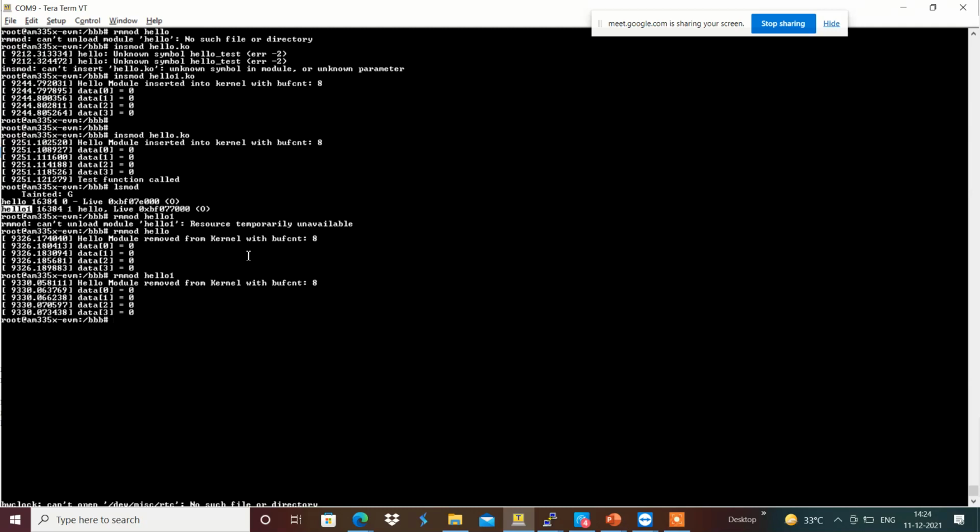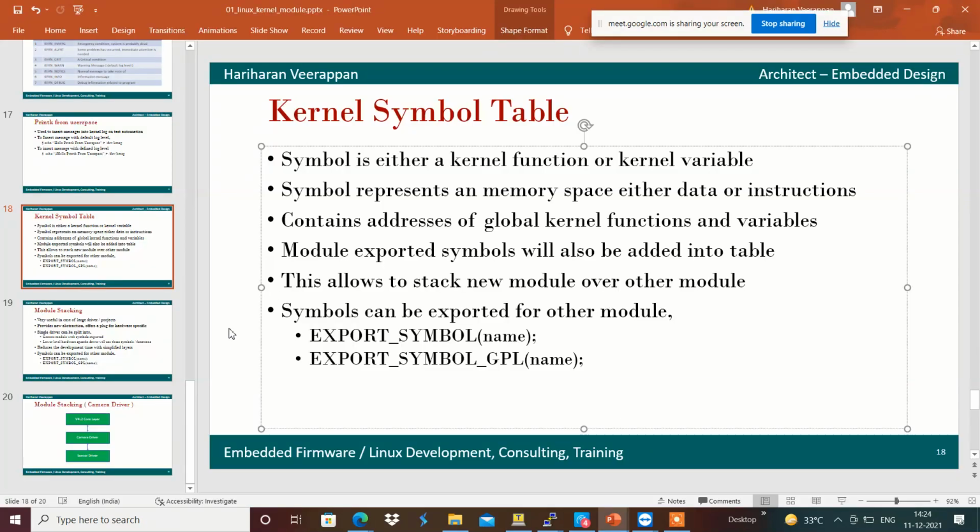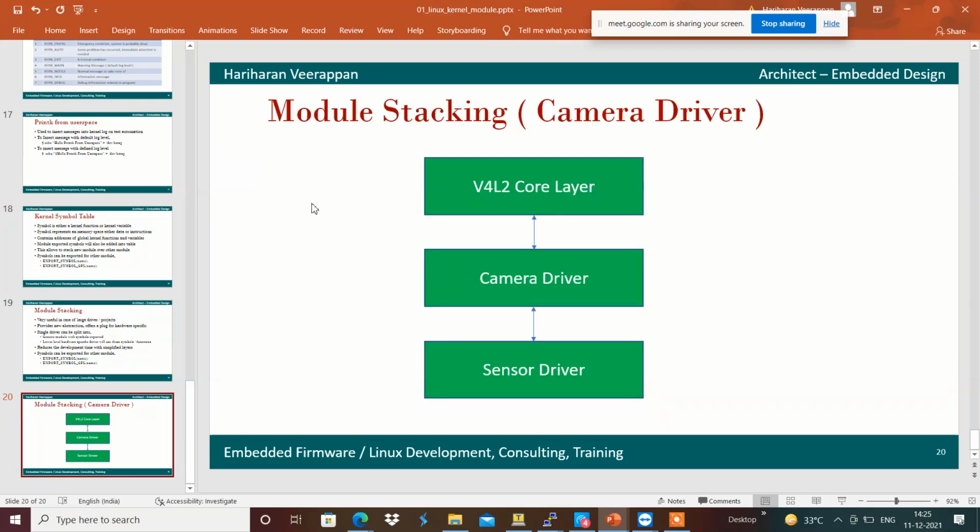Basically, this is called module stacking. It's something like one module's functions being used by other modules. For example, if we are using a camera driver, there will be a sensor driver, there will be V4L2, there will be a core layer.